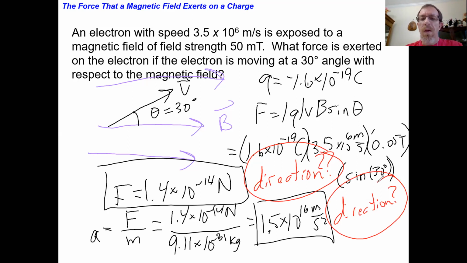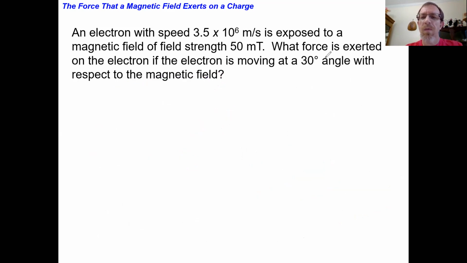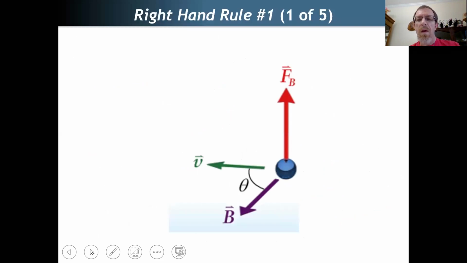Okay. All right, so big old mess. Hopefully we understood calculating the force, but we do need to figure out how to deal with the direction of that force and what we're going to use to figure that out. So I'll be straightforward here. This would be best done in class. It's going to be a little rough to get this across in video, but we're going to use a right-hand